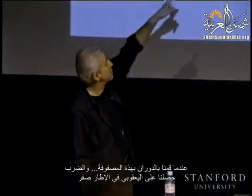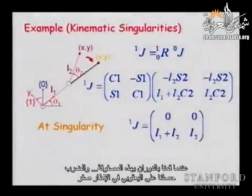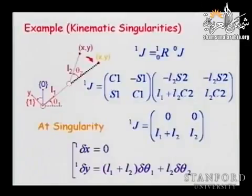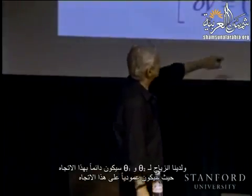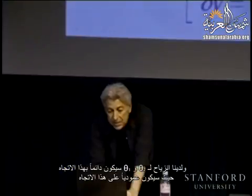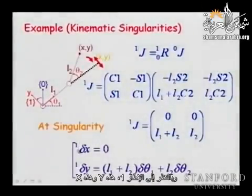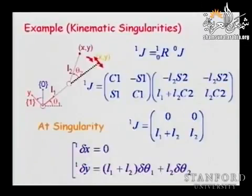You understand this, everyone? Okay, so when we rotated with this matrix, I'm multiplying and I get this Jacobian at 0, and we are here, and we're saying that theta 1 displacement theta 2 will always be in this direction, that is, orthogonal to this direction, so there is no displacement delta x. And I'm looking here in frame 1. In frame 1, so this is y, and this is y, and this is x. Okay, so